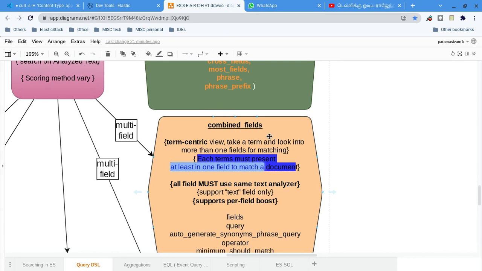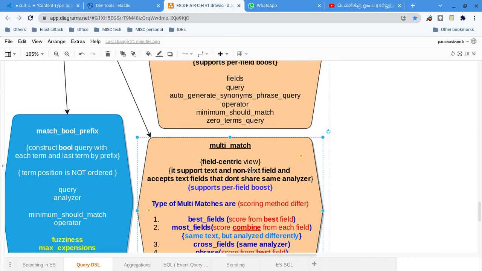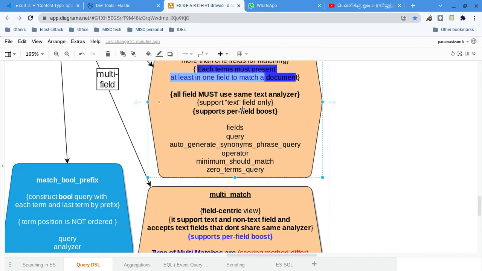In multi-match, it's straight opposite. Of course, since both support multiple fields, both support per-field boosting. You can change the boosting per field, not per term.